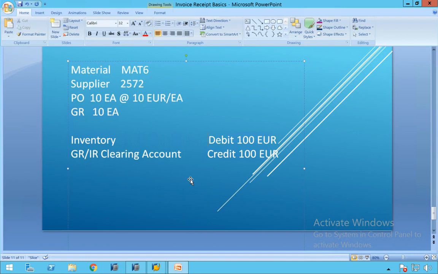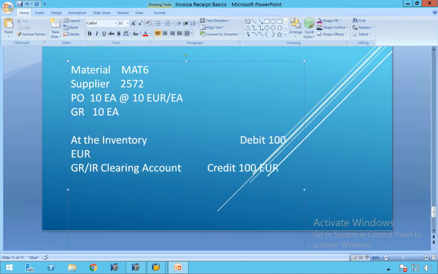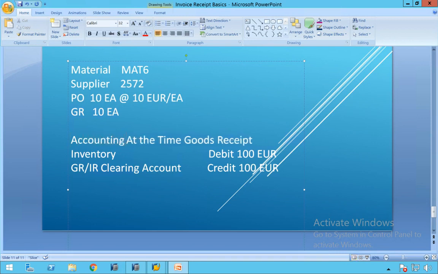After explaining this, I'll put it in Excel format, that will be better actually. Now the same thing I'll show you in Excel also. Now the invoice entries are two. According to financial accounting rules, all are clear. Now we received the invoice from the supplier. What we have seen is at the time of GR. We'll write accounting entries at the time of goods receipt.